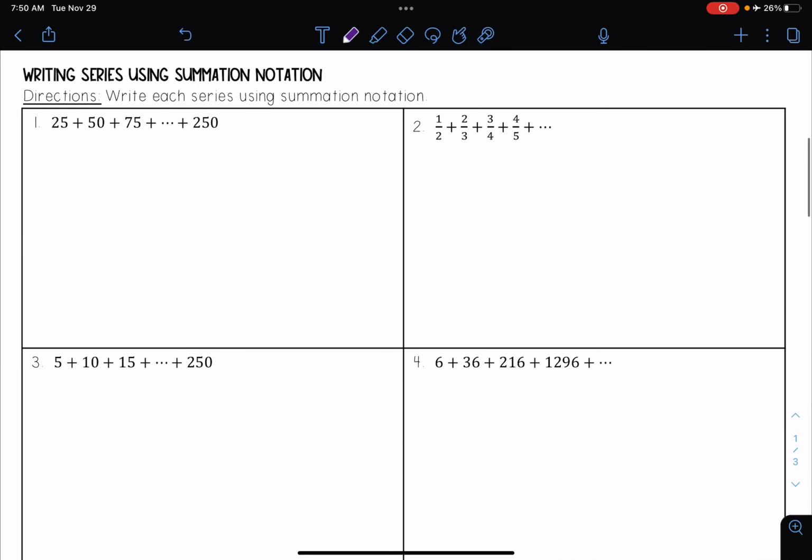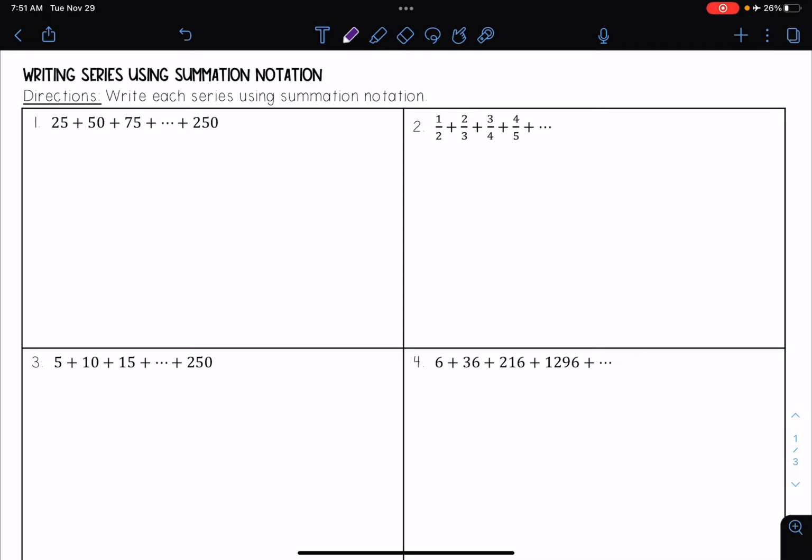So let's look at some examples of using the summation notation. For each of these, we're going to write each series using summation notation. For this first one, we have 25 plus 50 plus 75 plus ... plus 250. So here I see that this one is finite because I do have that last term. And so here I'm looking for a pattern. I see that I'm going up by 25 each time. So in other words, it has a slope of 25, so I can say that